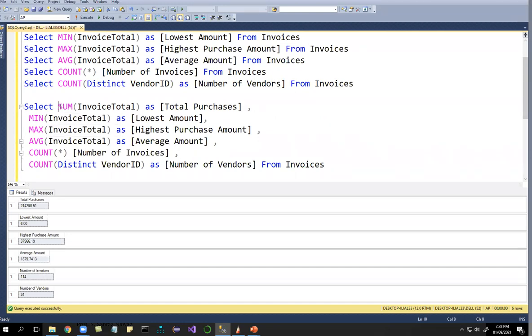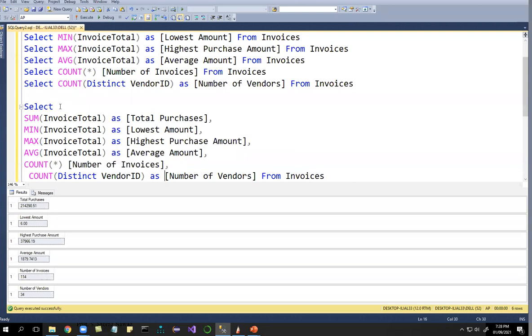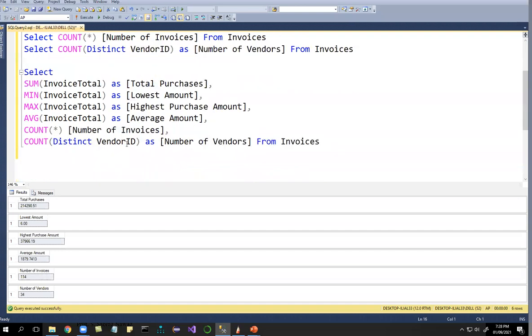So select sum invoice total as total purchases, min invoice total as lowest amount, max invoice total as highest purchase amount, average invoice total as average amount, count all as number of invoices, and count distinct vendor ID as number of vendors